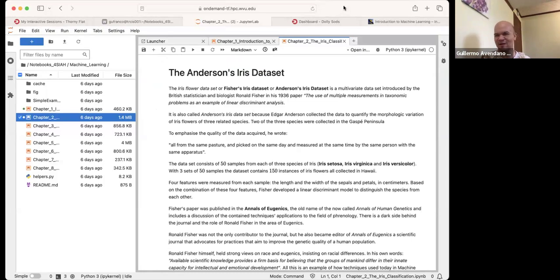And this is a case very commonly demonstrated in academia for the use of machine learning, and it is the iris dataset. The idea behind this is actually interesting. The data was collected by someone and introduced by this guy, Ronald Fisher,